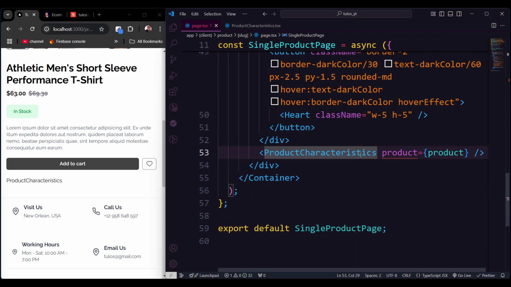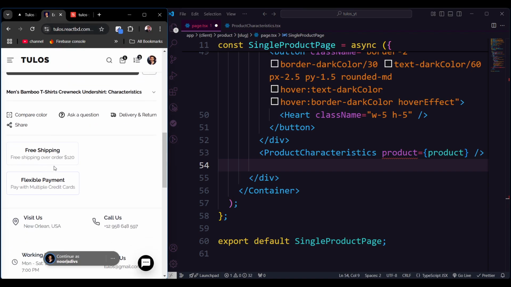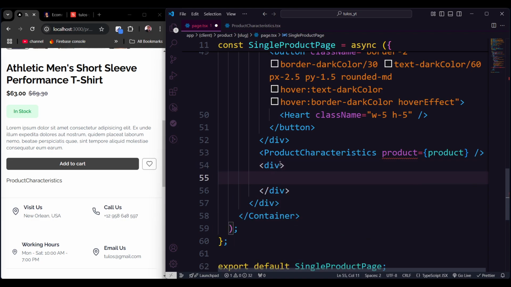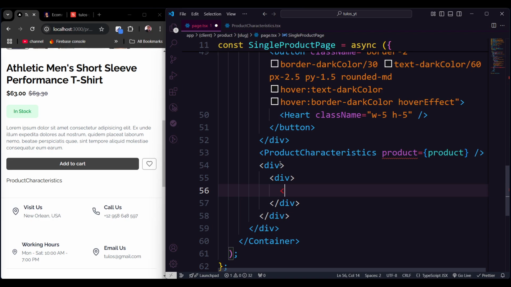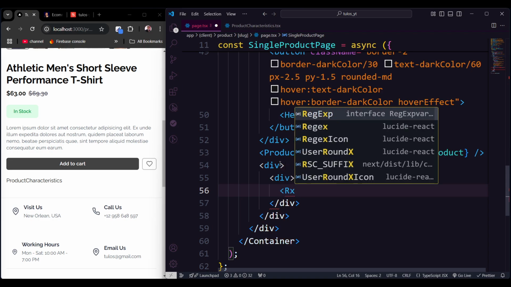We're going to render, but before that we can also pass the other value, like the value which we are generating here: free shipping, compare, ask question. That's the simple things we can render also. So first we're gonna put a div here, then we're gonna put another div here, then our X, it should be border split. I think border, why is not providing that? Should be providing, so should be our X, and here it will be